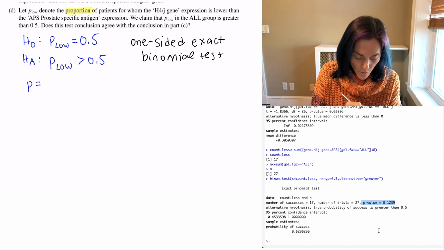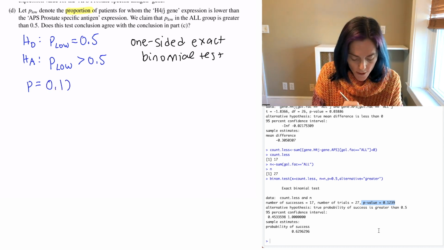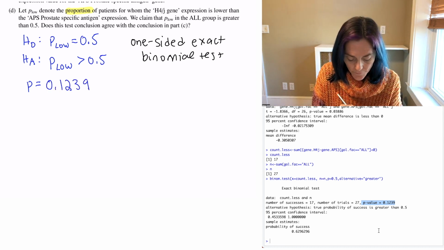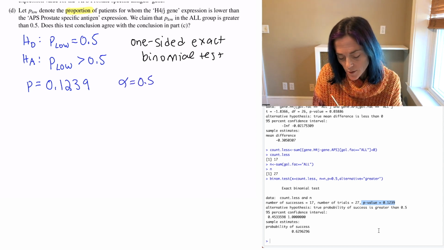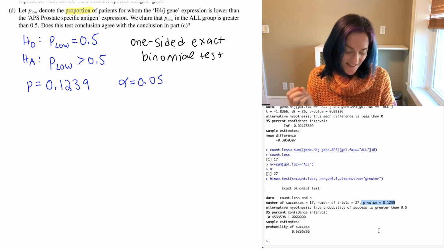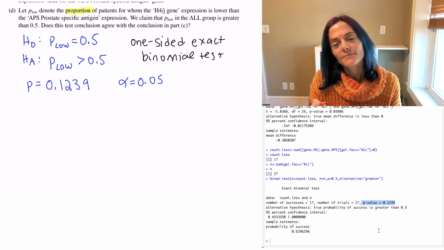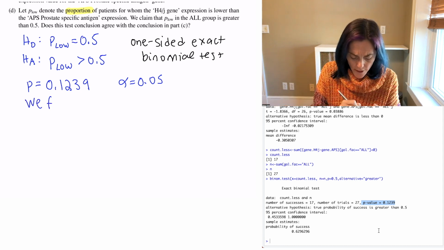Our p-value, P equals 0.1239. Well, if you use, say, alpha is 0.05, P is bigger than alpha, and so we fail to reject